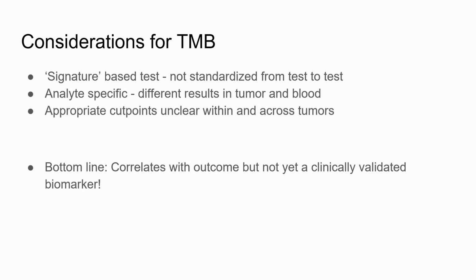There's no completely harmonized approach about how you report TMB. For example, do you report non-hotspot mutations, or do you count recurrently altered mutations like KRAS G12C mutations in your calculation of tumor mutational burden? Actually, Friends of Cancer Research, which is, as you know, a patient advocacy group, has a big flagship project looking at harmonizing tumor mutational burden reporting across multiple clinically validated assays. So what is a threshold on one test is not necessarily